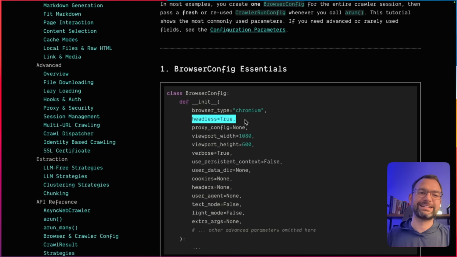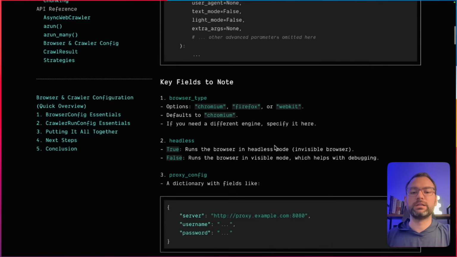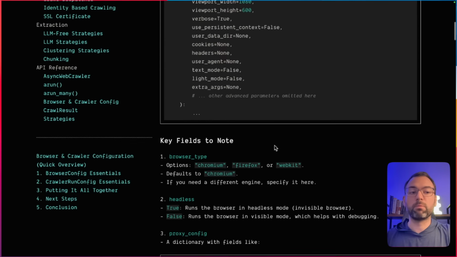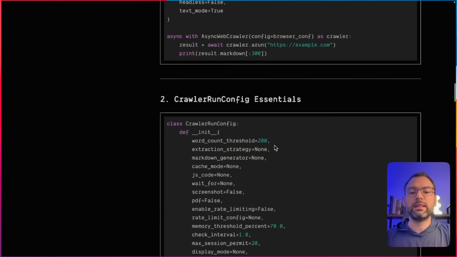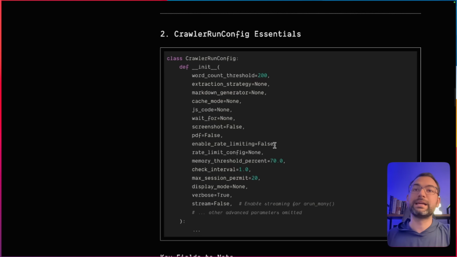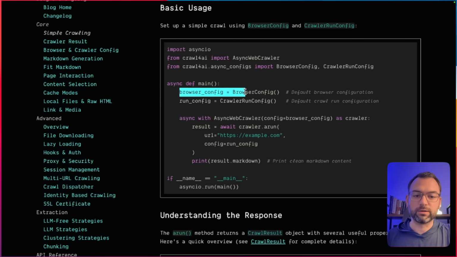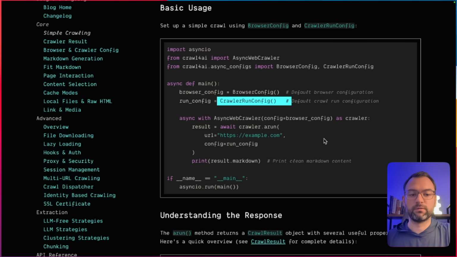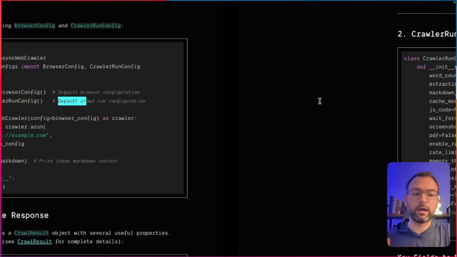I kind of like doing that because I like to see what pages we're actually scraping. But if you just want it to run in the background, you'll just say headless true, and you get to set a bunch of other additional information. So this is pretty much browser config in a nutshell. And then the other thing that we need to do is set up our crawler run config. So as you can see over here, we have browser config and then crawler config. So once you set up the browser, you now get to pick the crawl,